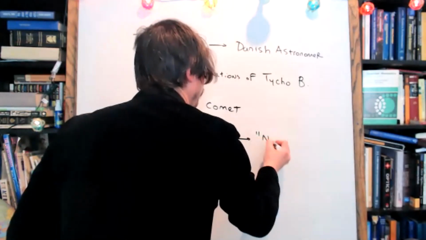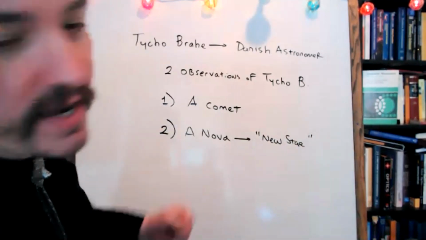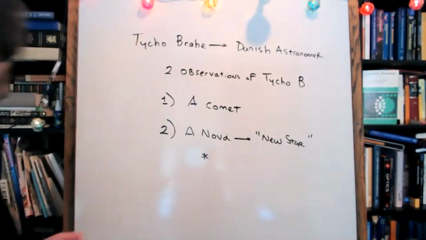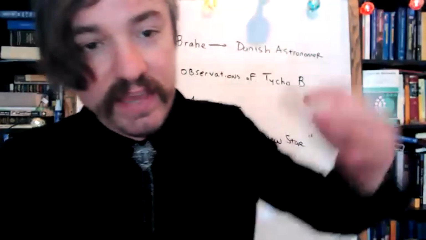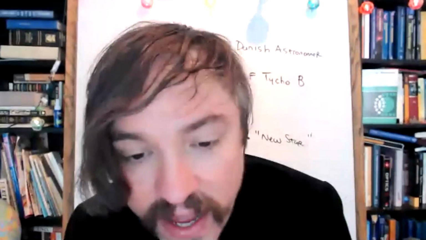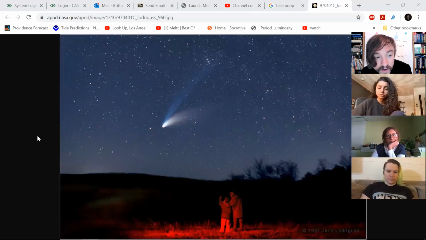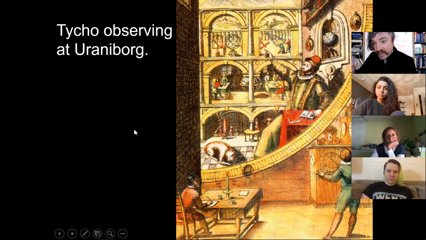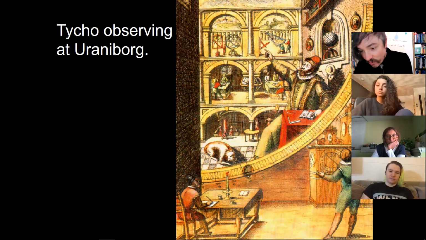And nova is Latin for new star. The way it would have looked to Tycho Brahe is one day, whoop, a new star would appear in the sky. And that totally freaked him out, because that said right there that even the background fixed sphere of stars was not immutable. In fact, Tycho had not only observed a nova, he had actually witnessed what we would call today a supernova. And because he kept a very careful record of the position of this new star, today we've gone back with the Chandra X-ray telescope and we looked at the exact coordinates of the new star that Tycho saw in the year 1572.